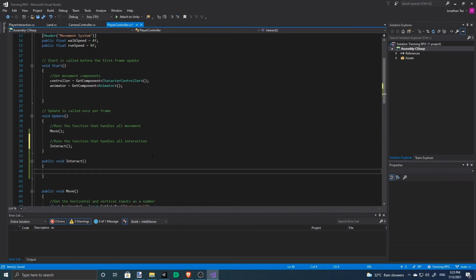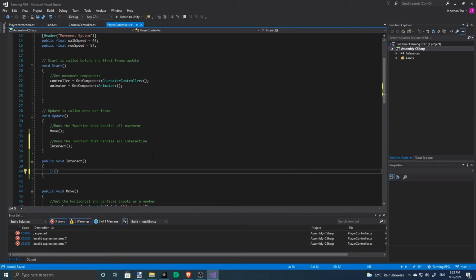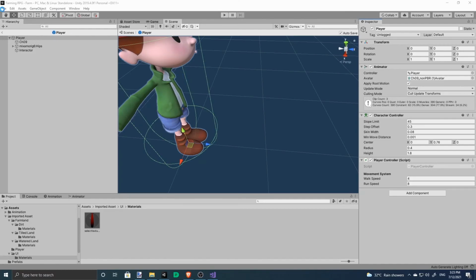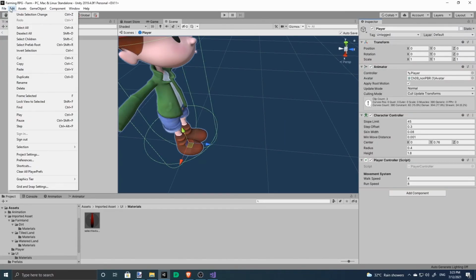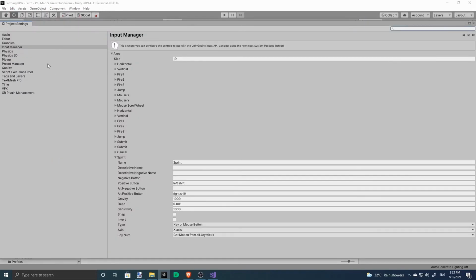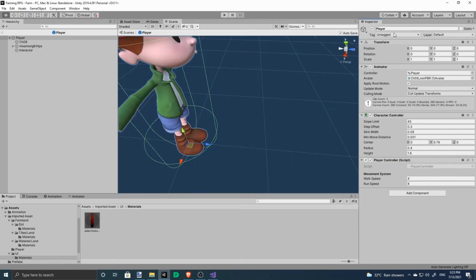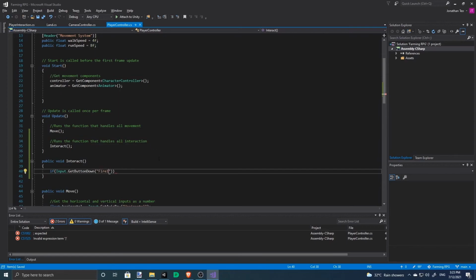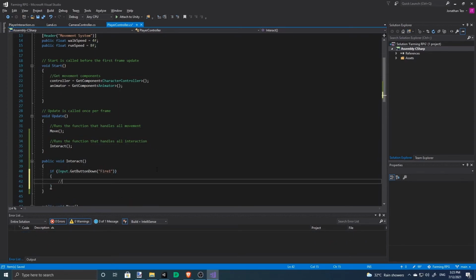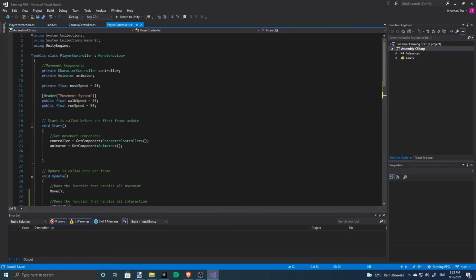So if our player clicks the mouse button, so what's our mouse button? We can get our mouse button from Edit, Project Settings, Input Manager, Fire 1. So this is the button key. So the player presses the Fire 1 button to interact. So how do we interact?